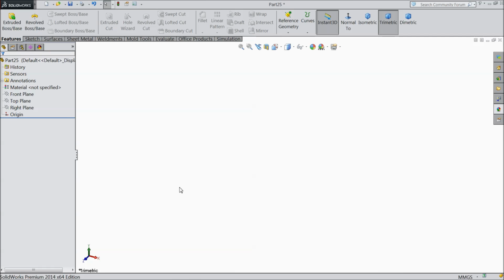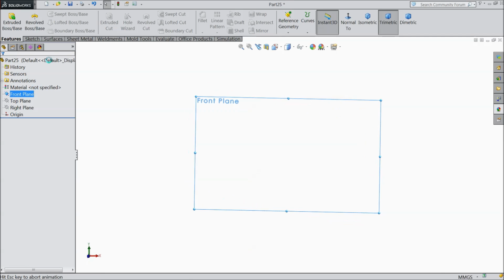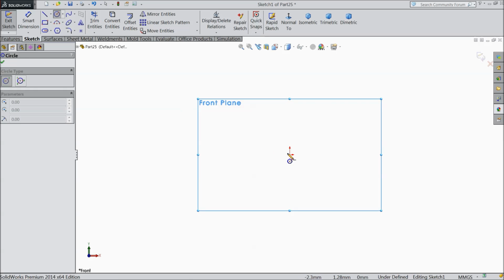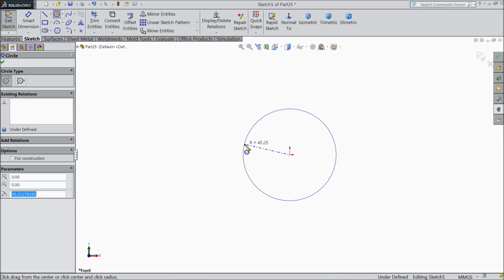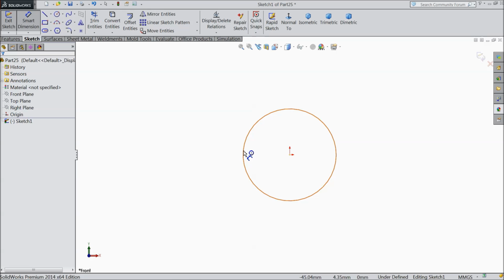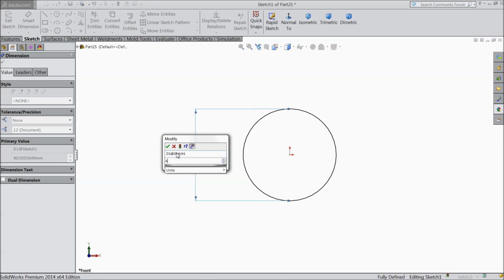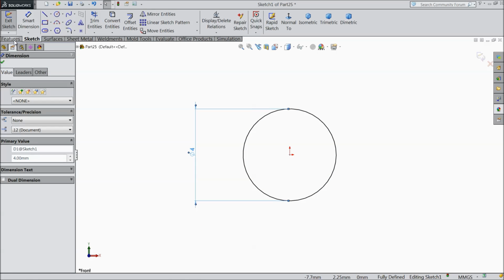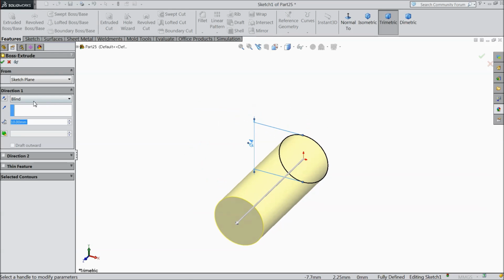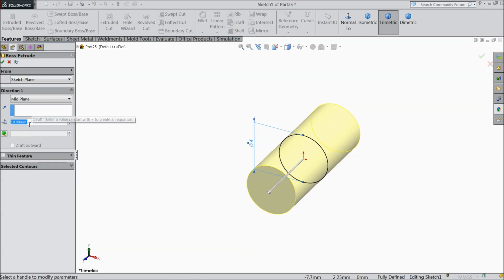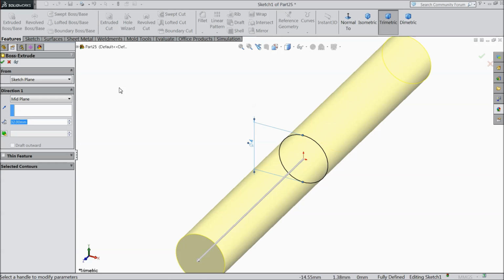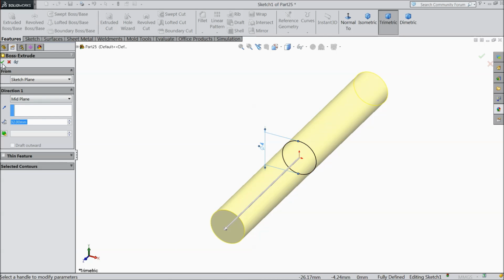Now here we will create a pin for blade support. So choose front plane and create a 4 dia circle. OK, and let's extrude it. Keep mid plane and the length select 32 mm. OK,